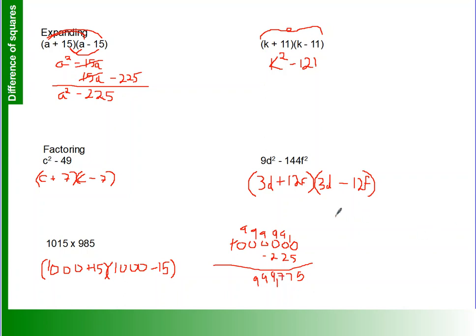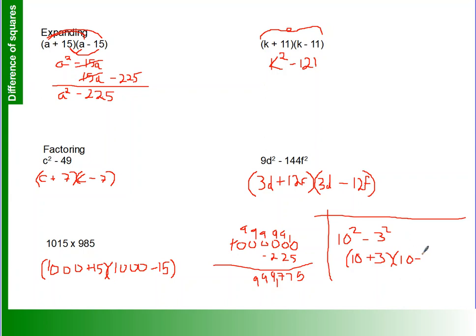Another way we can look at this is, let's say we have perfect square numbers. Let's say we have, oh, I don't know, 10 squared minus 3 squared. Now obviously we could do this without using the difference of squares, because 10 times 10 is 100, 3 times 3 is 9, right? And so 100 minus 9 is, you got it, 91. But we could also look at it like 10 plus 3, because the square root of 10 squared is 10. The square root of 3 squared is 3, times